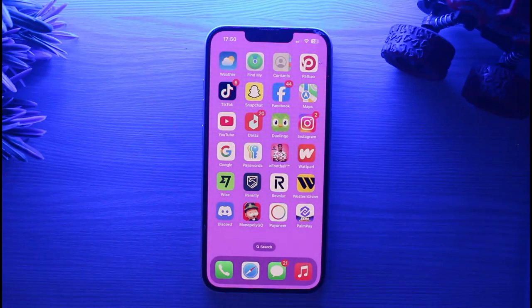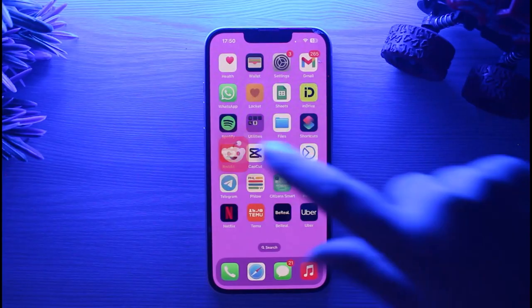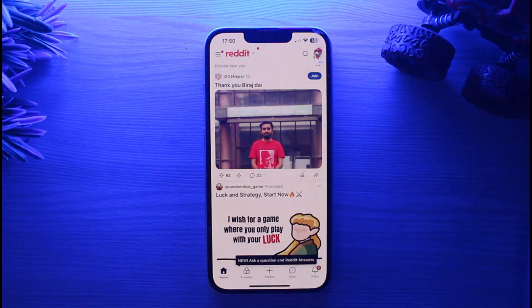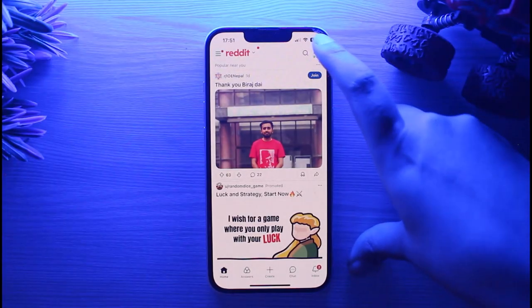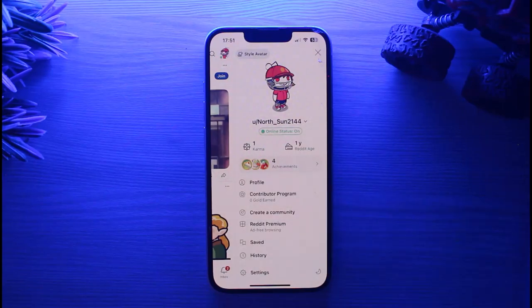Let's get started. What you're going to do over here is open up your Reddit app. When you open it up, make sure that your internet connection is also good and your app is updated. You can see this here in the profile section. You're going to find this kind of interface, and so when you're going to the login section and adding in your information,